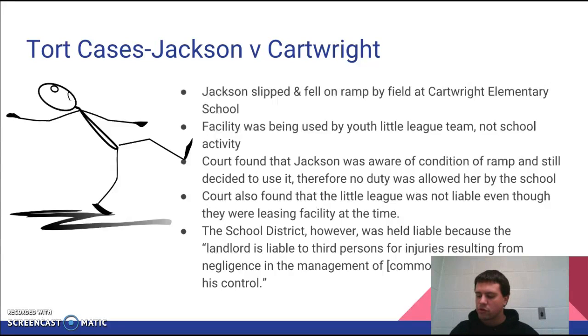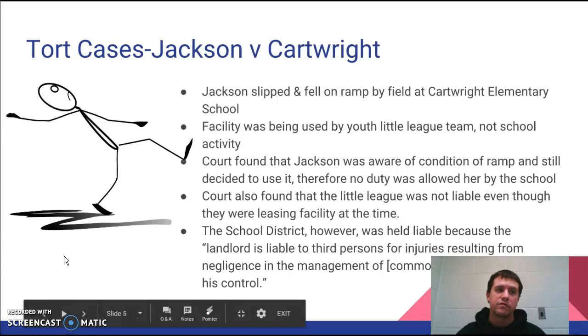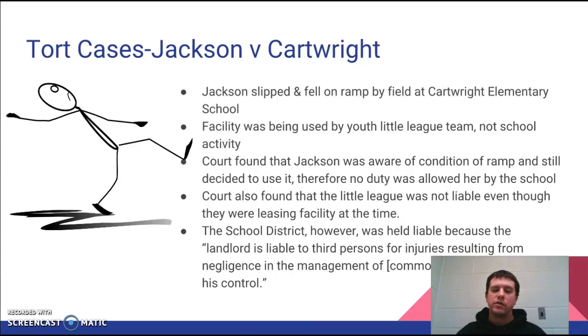Therefore, schools must be extremely cautious when leasing their property or when allowing usage of their property by an outside group. Proactive measures in this, if you are going to lease out the school, I think there should be somebody employed by the school that is there at all times to monitor the situation. I just think that's a good process to have. Otherwise, limit who you're leasing it out to, or not lease it out at all. Is it really worth a few extra dollars if you're getting paid by them to put yourself at risk for somebody getting hurt?